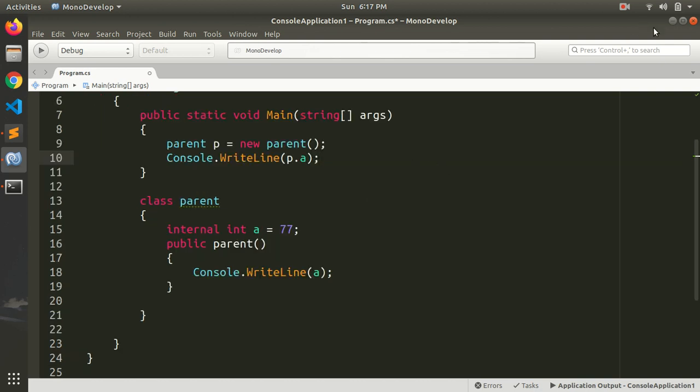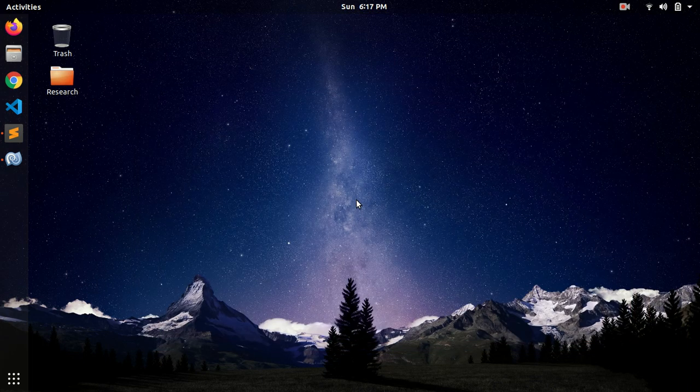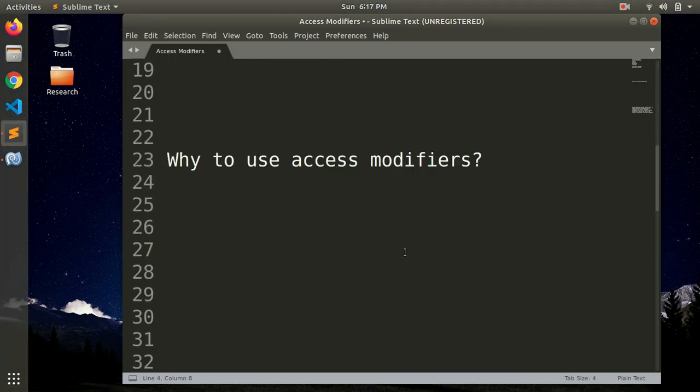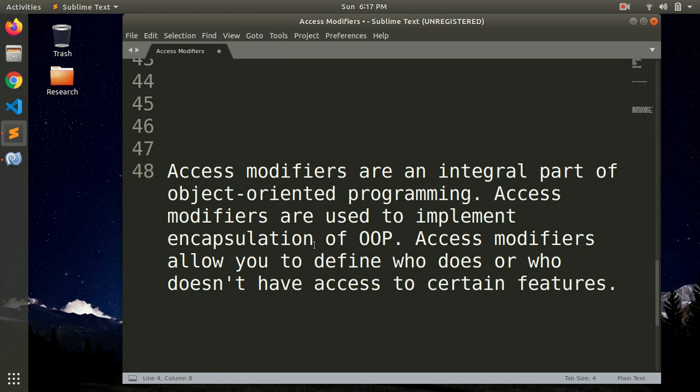So meanwhile, I'm going to ask you: why do we use access modifiers? The answer is that access modifiers are used to implement encapsulation of object-oriented programming. Access modifiers allow you to define who does or doesn't have access to certain features. So the next section, which is more interesting than